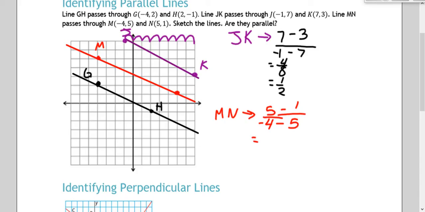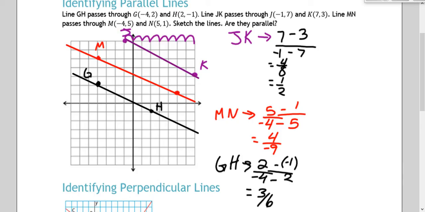So that gives us 4 and -9. And then our last one, which is G and H. So that is 2 and -4 minus -1 and 2. So that gives us